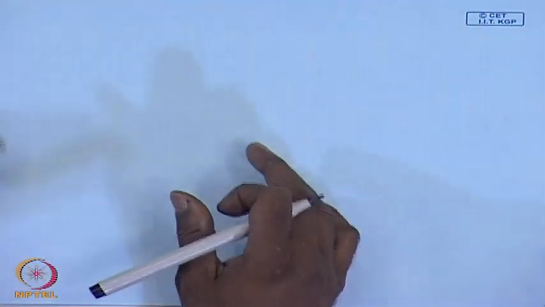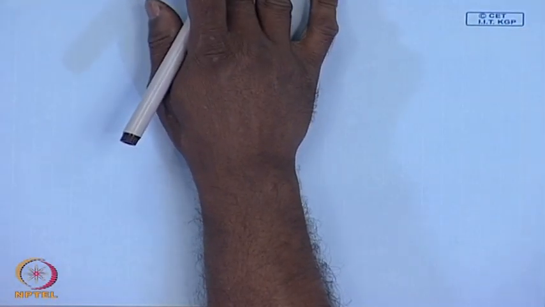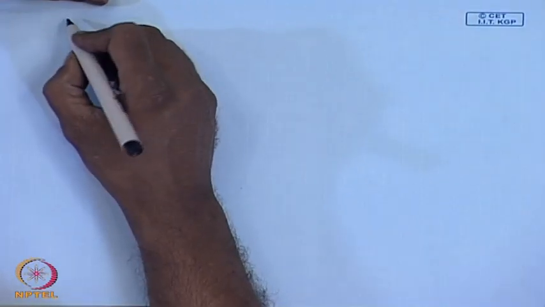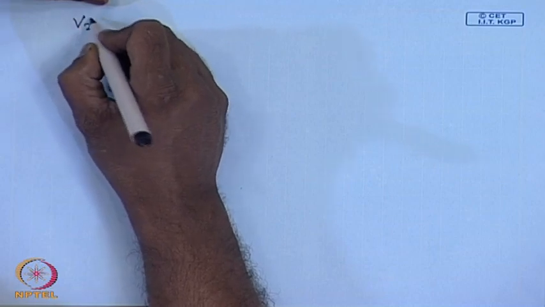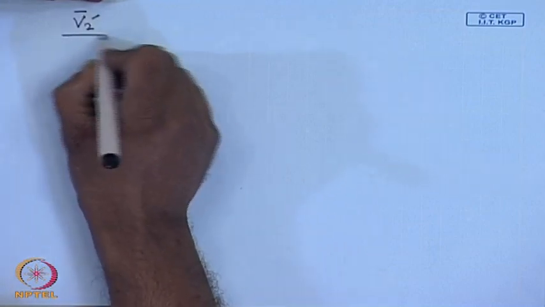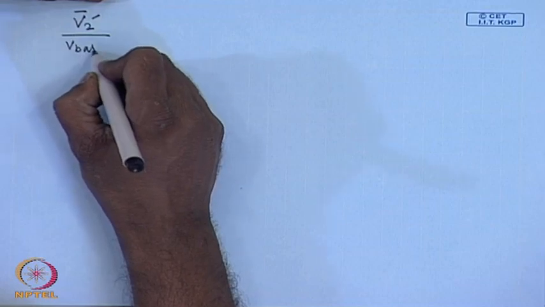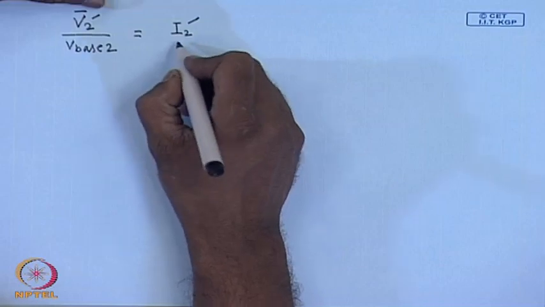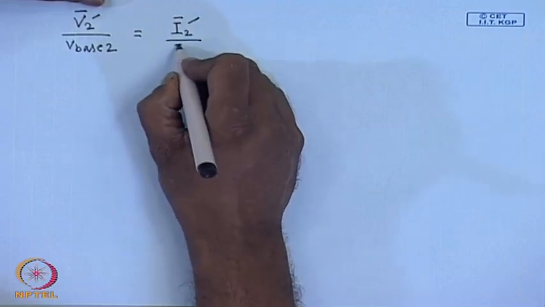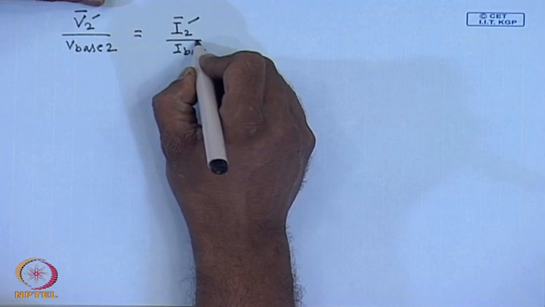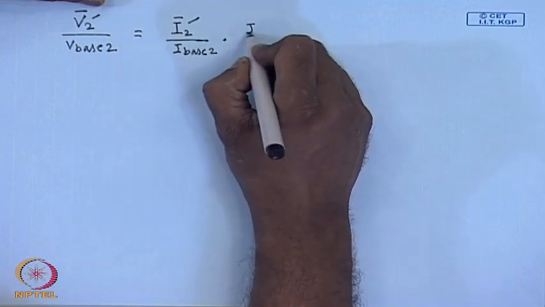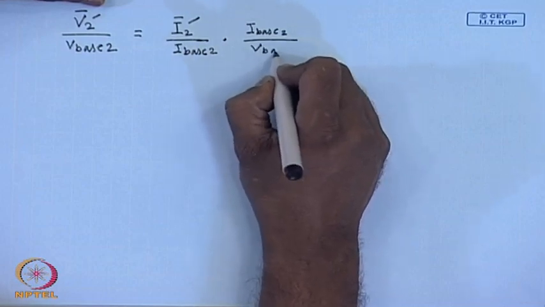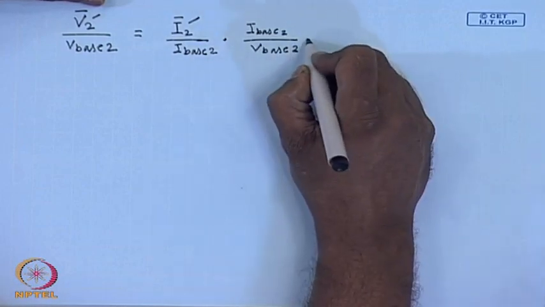Similarly, we can apply a similar thing to the last equation, V 2 dash bar by V base 2 equal to I 2 dash bar by I base 2 into I base 2 by V base 2 into